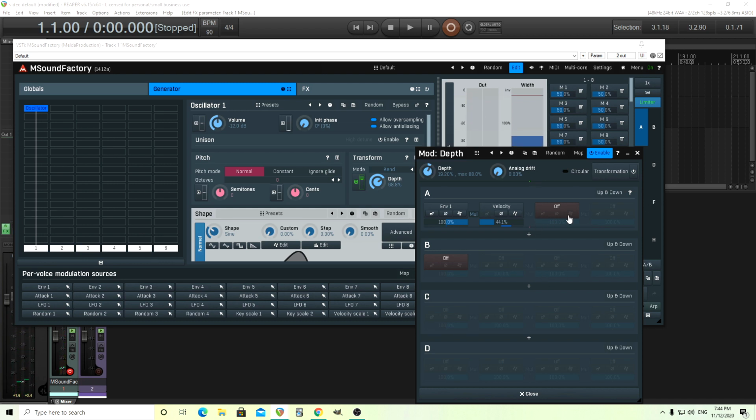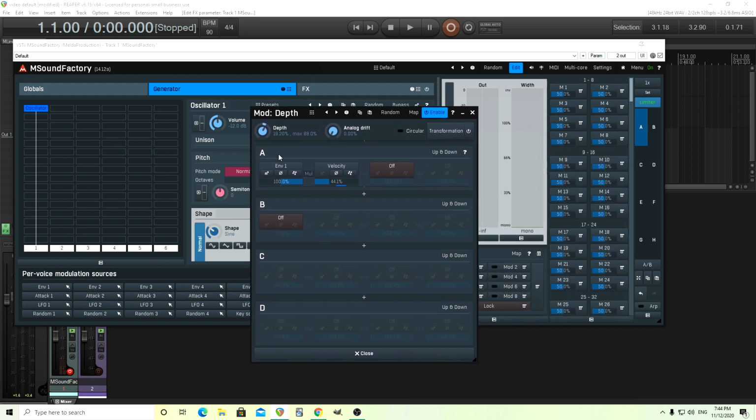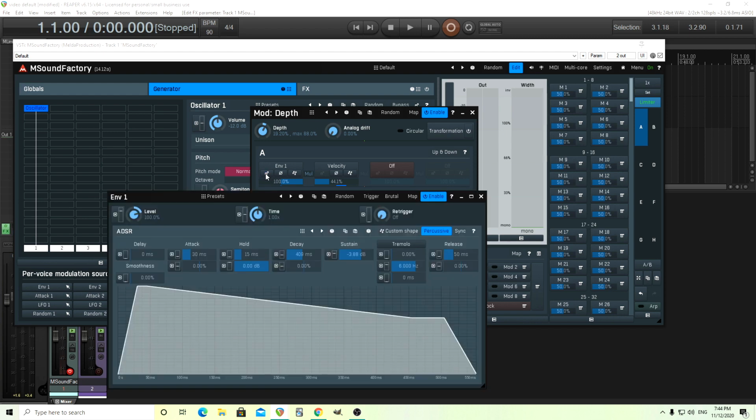So there we have that, but there's a few more things that make a brass sound, and you think, okay, what else could we do with it besides that? If you look in the envelope, there's a few other things besides the attack, hold, decay, sustain. So we have the release, of course, but we also have the tremolo, and you're wondering, like, what is the tremolo going to do? If we move this up like this,